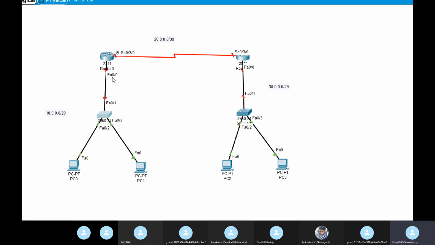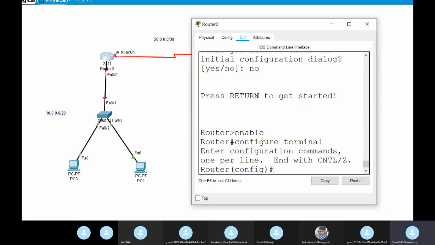If someone asks for an external default gateway of this router, you need to check, router to router, which serial interface is connected. If I say internal default gateway of the router, that means the FA which is connected. Clear? So now what we need to do is give the default gateway, that is FA0/0.